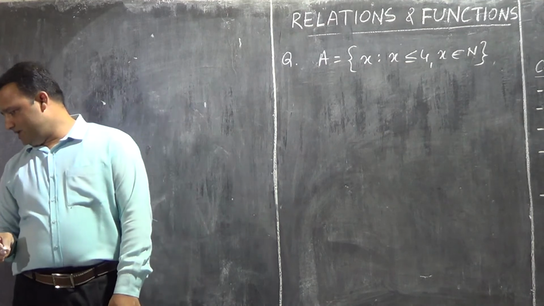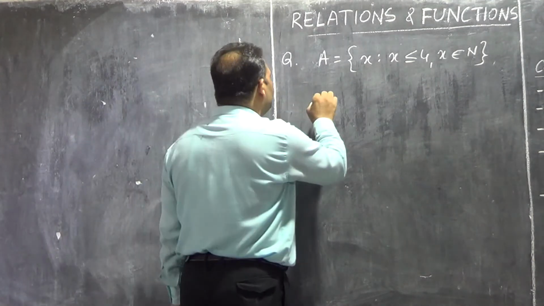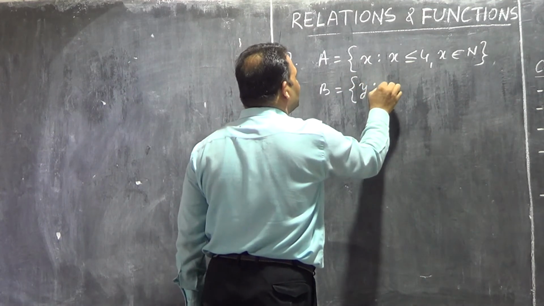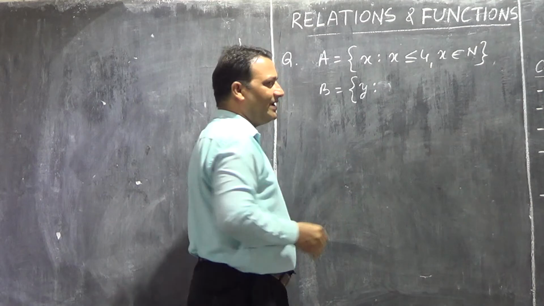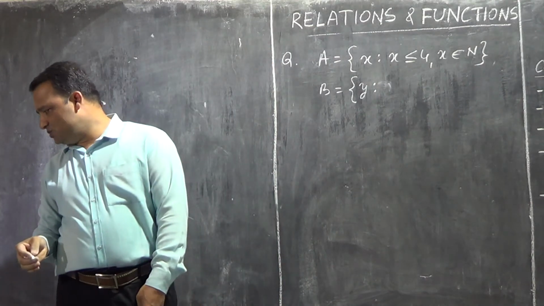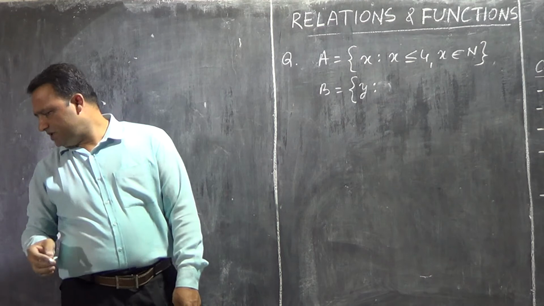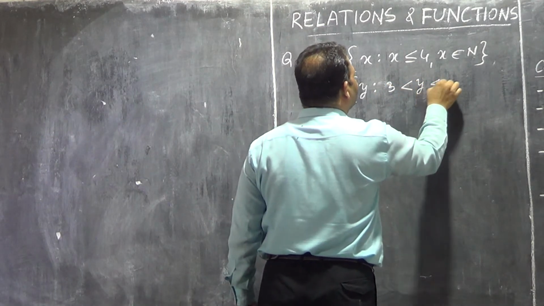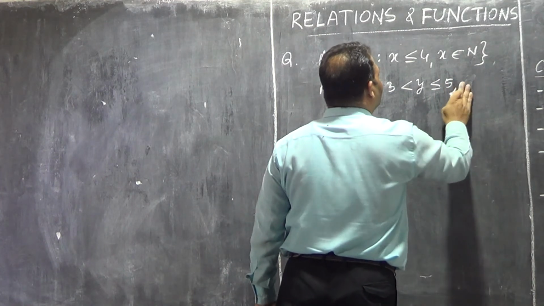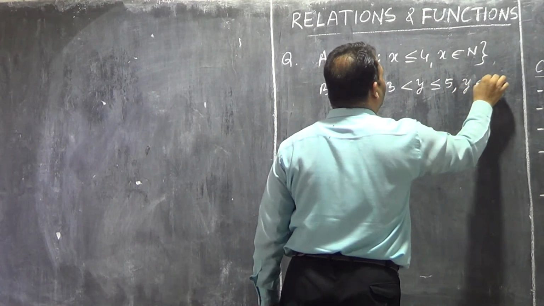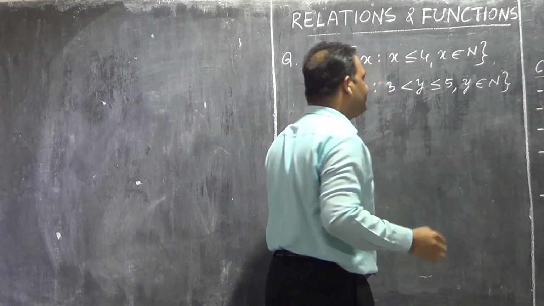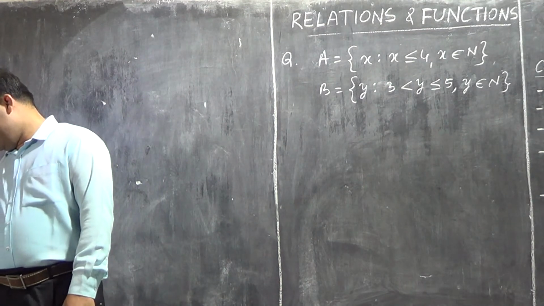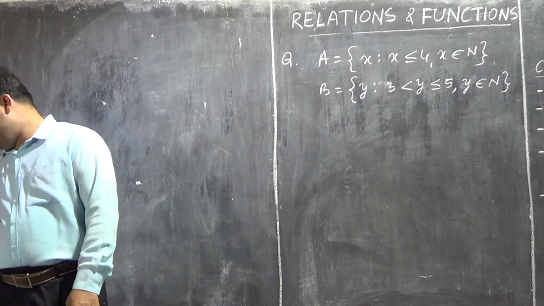Then B equal to y such that, what is the range of values, 3 less than y less than or equal to 5, and y also belongs to natural number. So both belong to natural number. So we will find now,